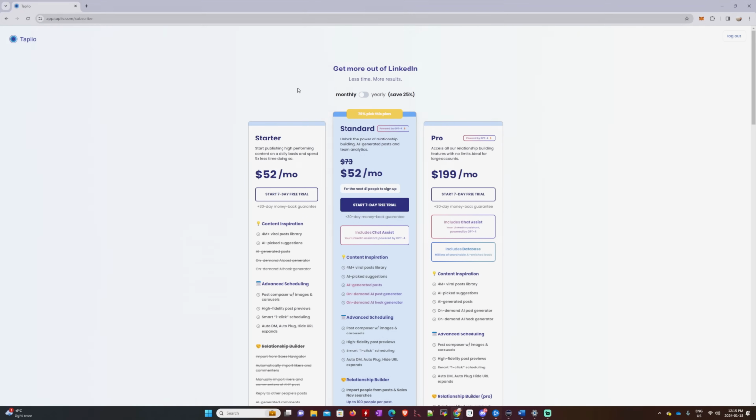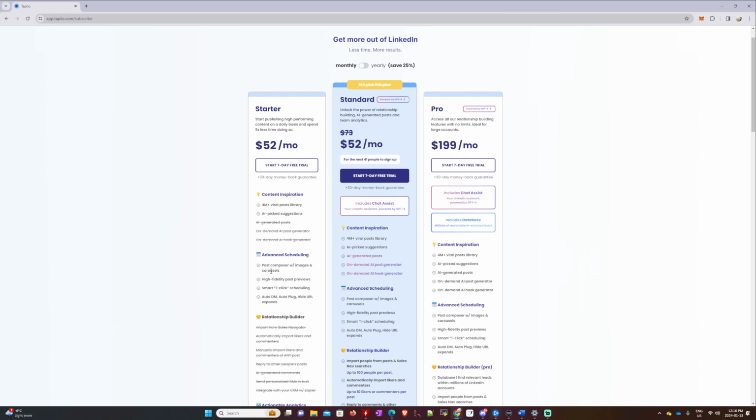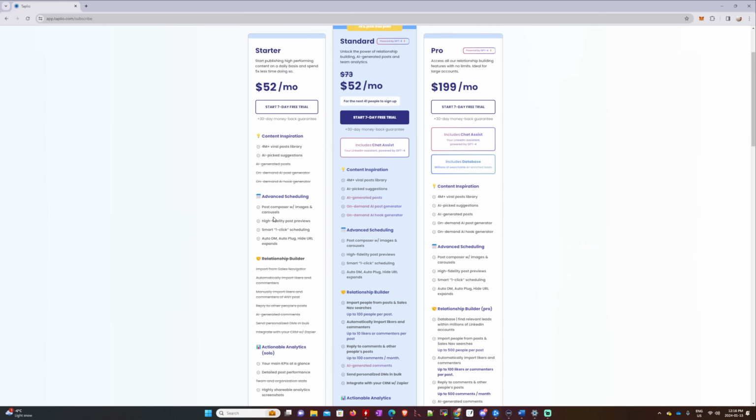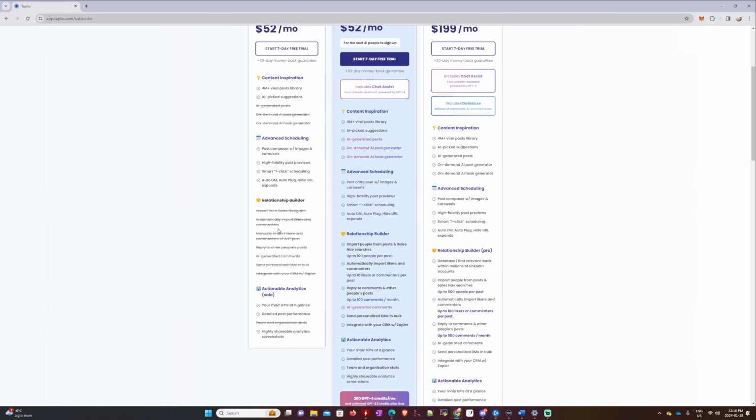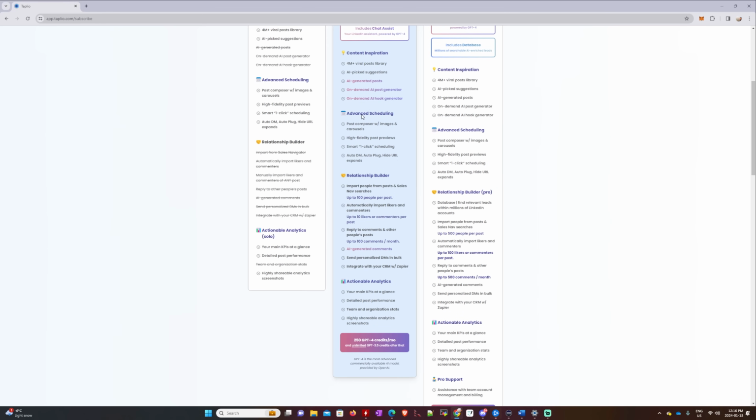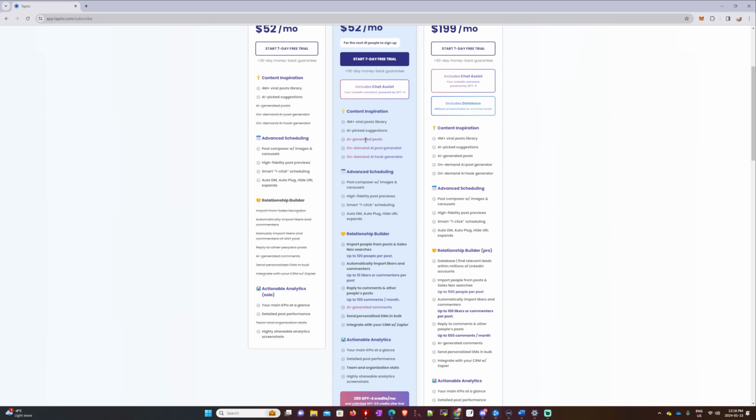So I just tried to log in to sign up. Monthly, it's $52 per month. Yeah, there's a post. I don't know, man. This is kind of too much. Post composer views. So you see, like, to get AI generated post and on-demand AI post generator, blah blah, AI hook generator. Okay,